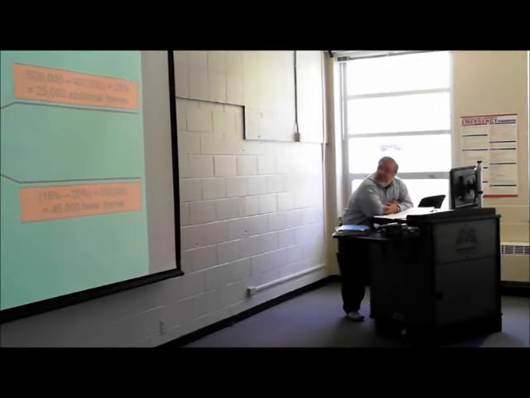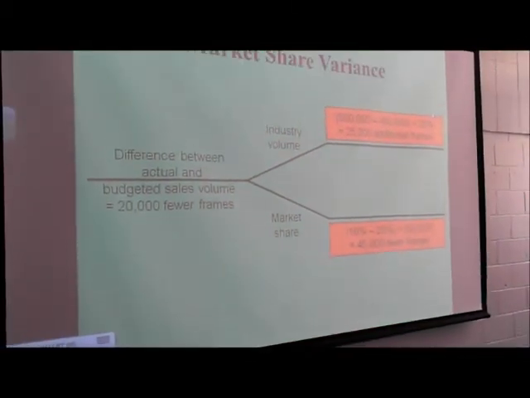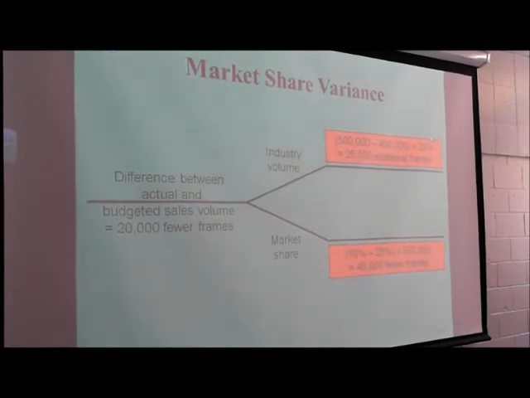Market share variance, as it says there, is the difference between the budget and sales volume and the actual. The thing about it is, industry volume is simply going to be your standard